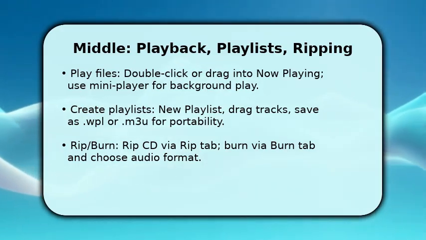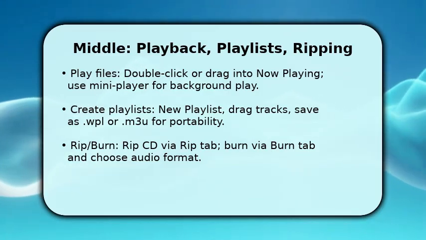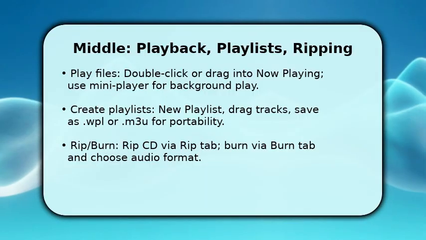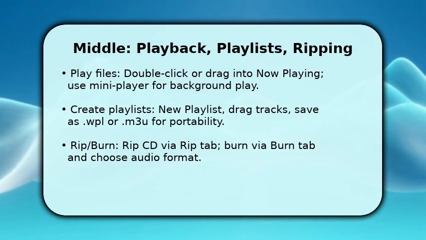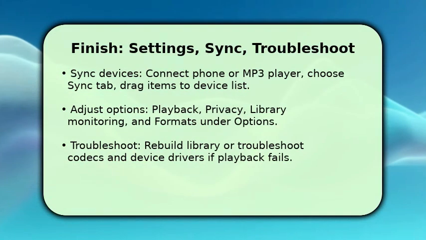To copy music from a CD, use the Rip tab and pick Format and Bitrate. To produce discs, switch to the Burn tab and arrange tracks. Once done, test a playlist to confirm transitions and finish by syncing and locking in settings so your media behaves